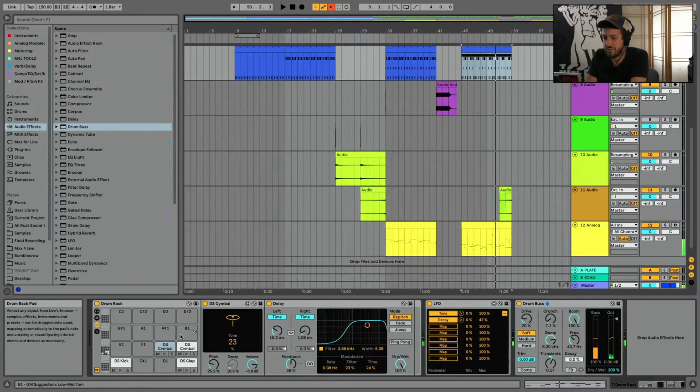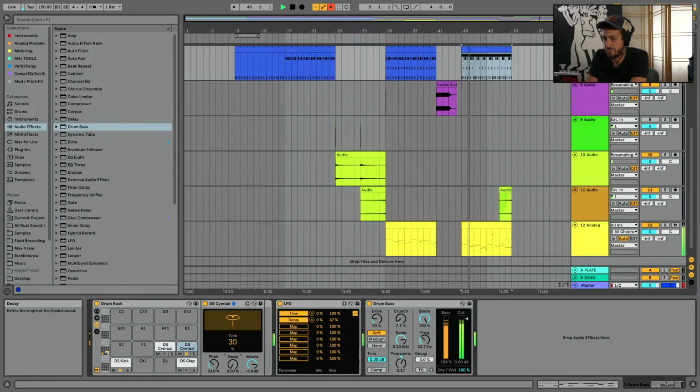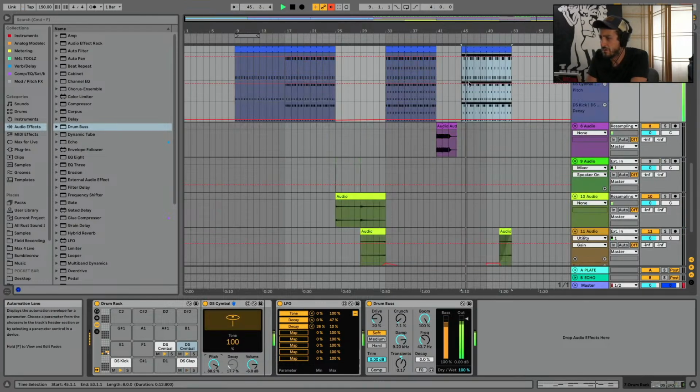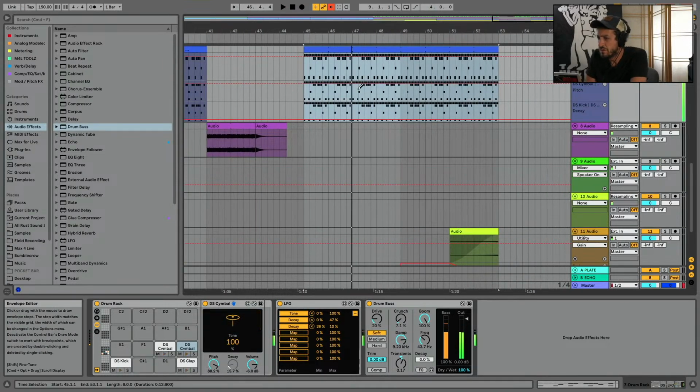So let's see what's going on with this cymbal that I just programmed. I'm going to map that. So I'm mapping the pitch of this thing.